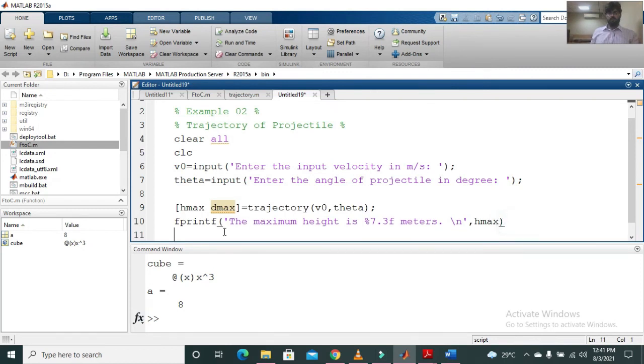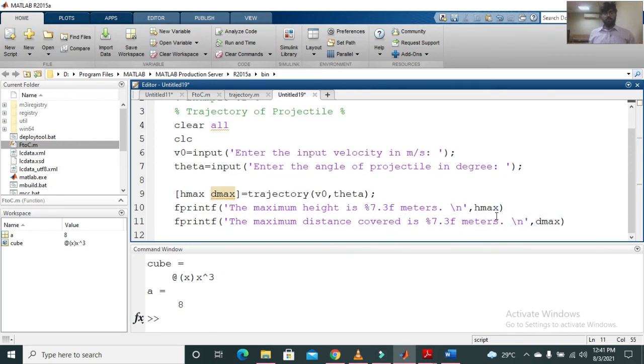Similarly, we will talk about the maximum distance covered, and we will have D max over here.